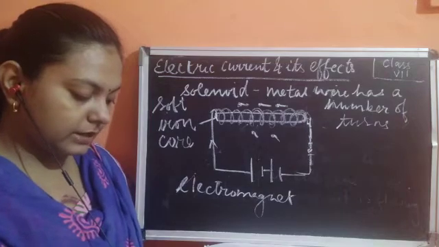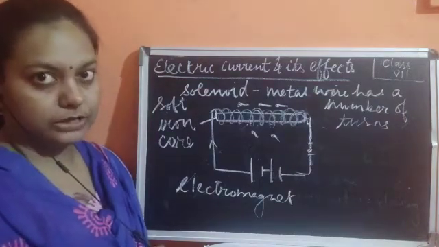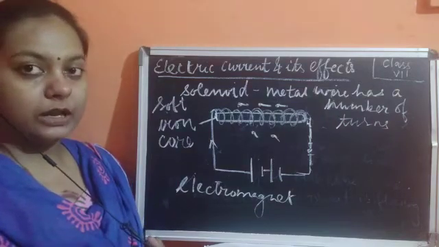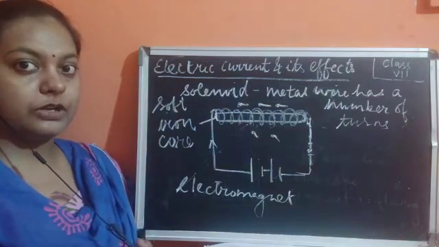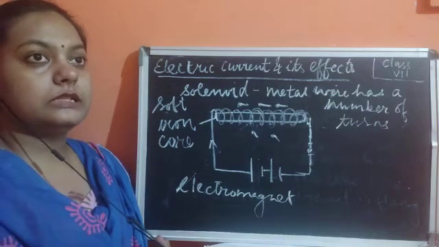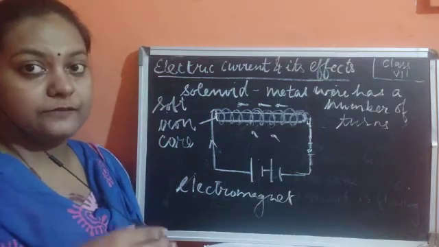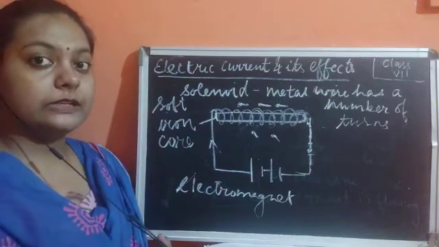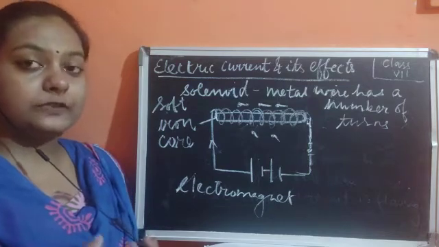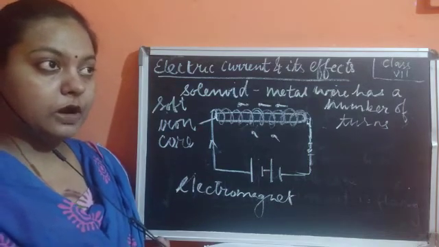So this electromagnet is made strong on the basis of the amount of current flowing in it. If the current is flowing in a lesser amount, then it is going to behave like a weaker magnet, and till the time the current is flowing, it is going to behave like a magnet. It is used in cranes for lifting weights, in lifting loads. It is used in different industries for moving heavy things from one place to another, because of the electromagnet.